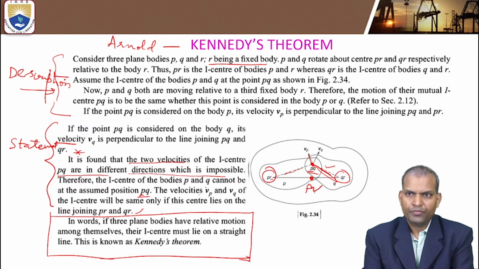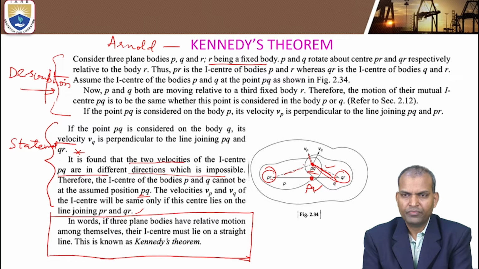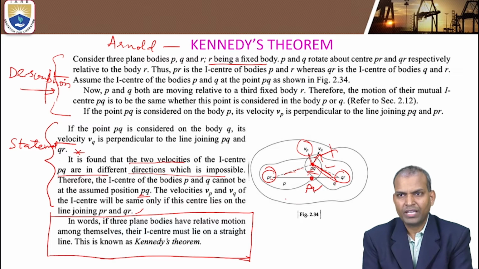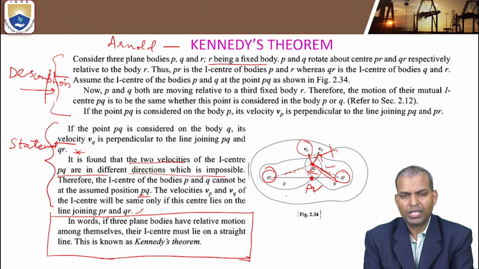If PQ is on body P, the direction of the velocity is VP. If the instantaneous center PQ is on Q, it is in a different direction of velocity. It should not be. The direction of the instantaneous center should be the same for both the